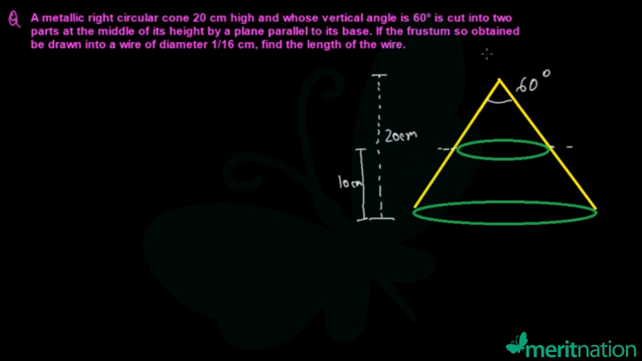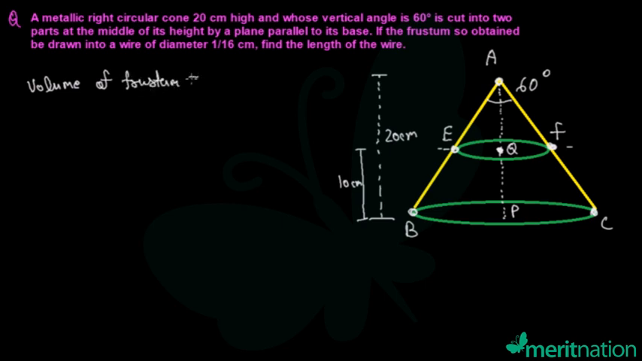Now I'm going to name these points: let's say this is A, this is B, this is C for the larger cone, and let's say this is E and this is F for the smaller cone. One more thing, I'm going to join the vertex of this cone to the center of its circular base. Let's say this point is P and this point over here is Q. The purpose of doing this is that we need to find the volume of the frustum, because the volume of the frustum would be equal to the volume of